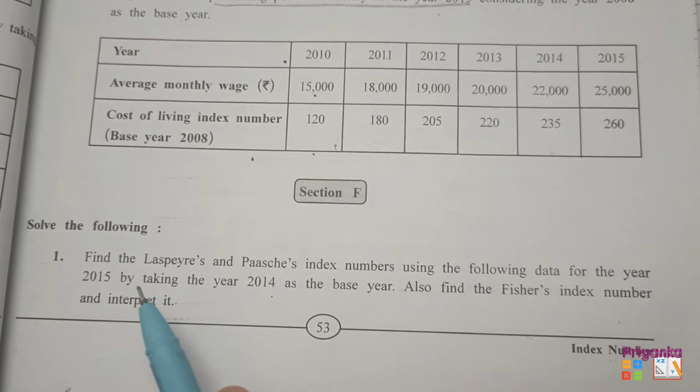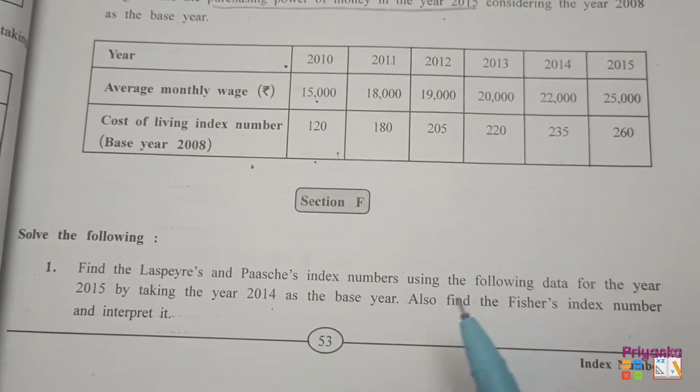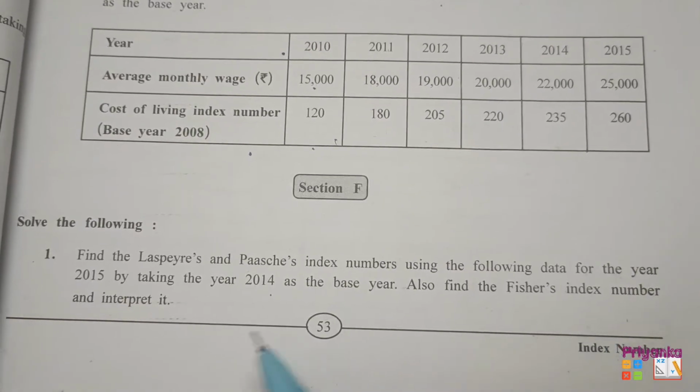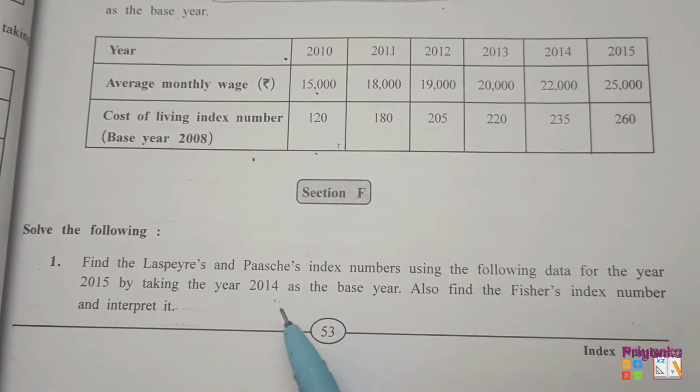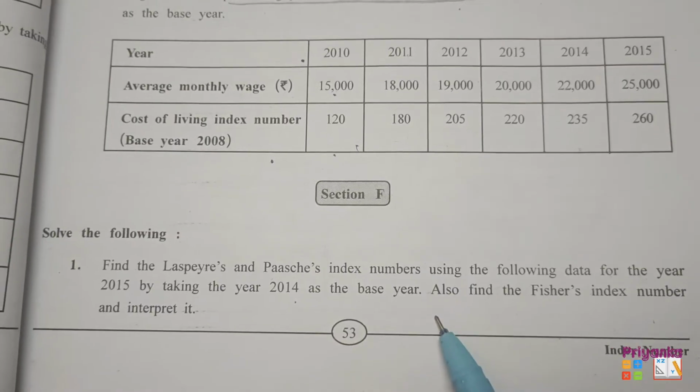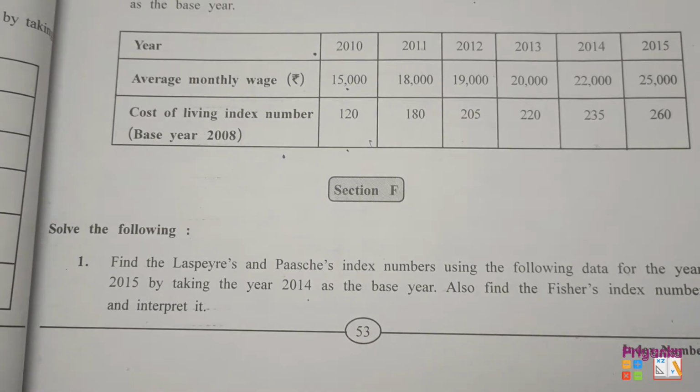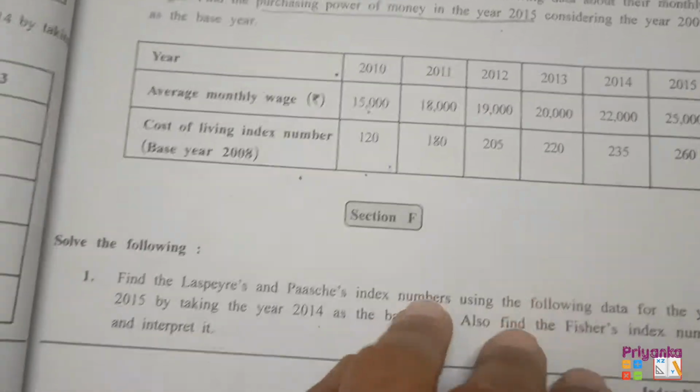Question number 1 from section F. Find the Laspeyres, Paasche's index number using the following data for the year 2015 by taking the year 2014 as a base year. Also find Fisher's index number and interpret it. Now for this,